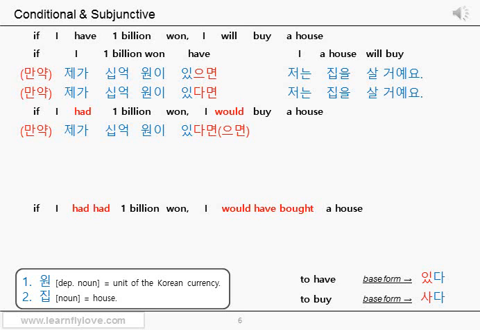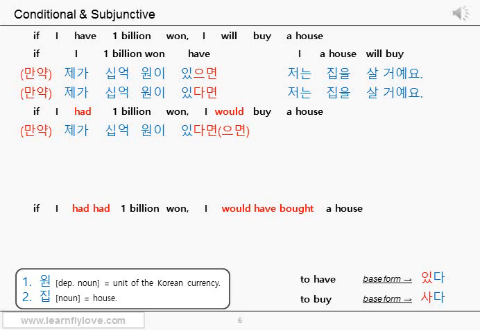And you can use the connective ending 다면, because we told you that it can indicate the lower possibility, as the English sentence indicates there is no real possibility. But the thing is, it wouldn't matter even if you use the other connective ending, 으면. It wouldn't affect the actual meaning that much. Because the important fact is that you don't have that money right now. So the stem 있 plus 다면 or 으면. 있다면 or 있으면. 만약 제가 10억 원이 있다면 or 만약 제가 10억 원이 있으면.